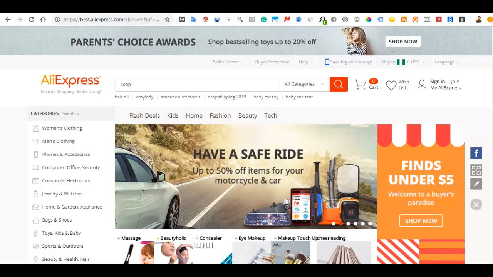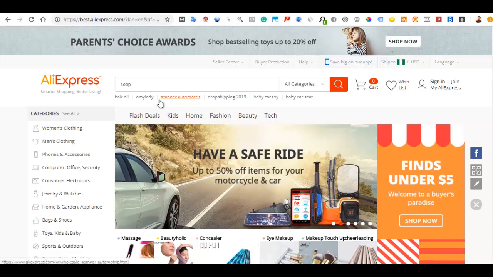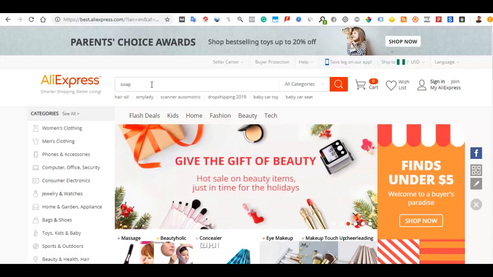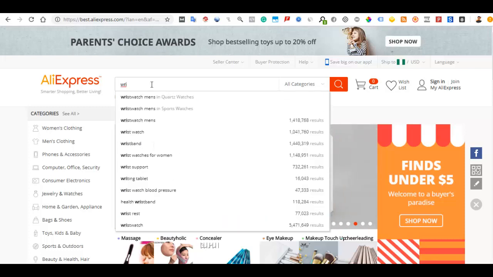So once you head over to the website which you want to source the product, so let's say you want to source for a wristwatch. Okay, so you just type wristwatch. You already know that you've done your research and you know the product that you want. Okay, you find out the product that is selling, so you want to look for it on AliExpress or Alibaba or Made in China. So let's come over here and just